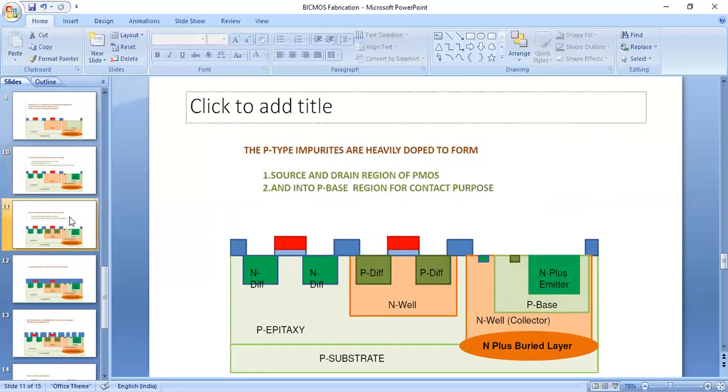The next process is, again, this NPN transistor is going to be covered by a photoresist, and we are implanting the P-type material, or the diffusion takes place within this N well, so that the P-type material boron is going to be implanted to create a drain and source for the PNP transistor. So during this process, the remaining portion is going to be covered by a photoresist. These two areas will be covered by the photoresist.